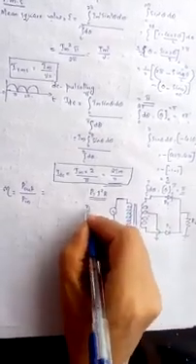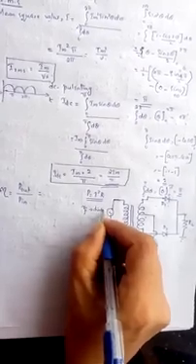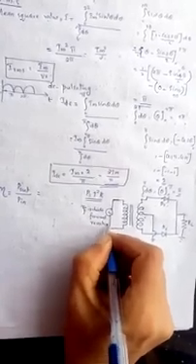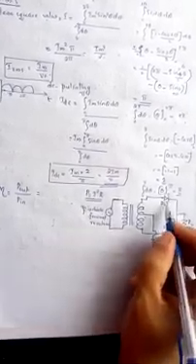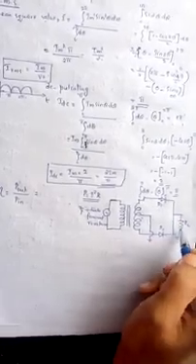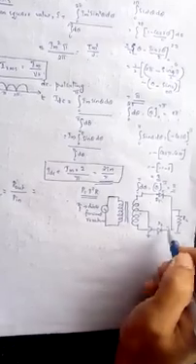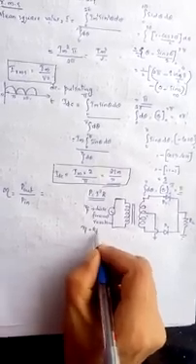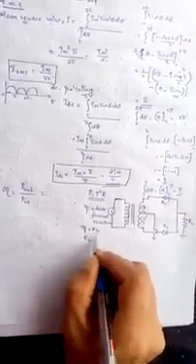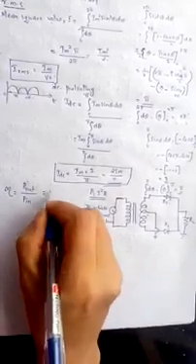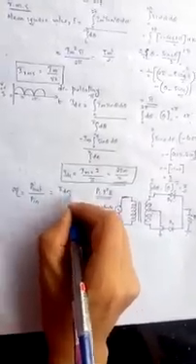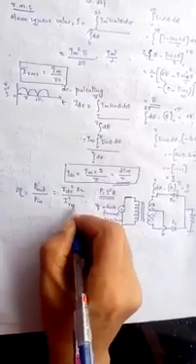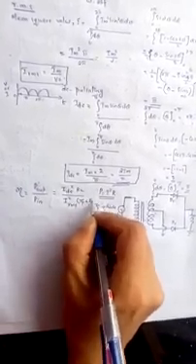Suppose we take RF as the diode forward resistance, which has a small value of the order of 25 ohm. We can consider the AC passing through diode D1 and RL at a time, and the next instant it will pass through D2 and RL. So the total resistance offered in the input part is RF plus RL, and the total resistance in the output part is only RL. So we can write the expression for efficiency as the DC power I square DC into RL, divided by the input part, I square RMS into RF plus RL.